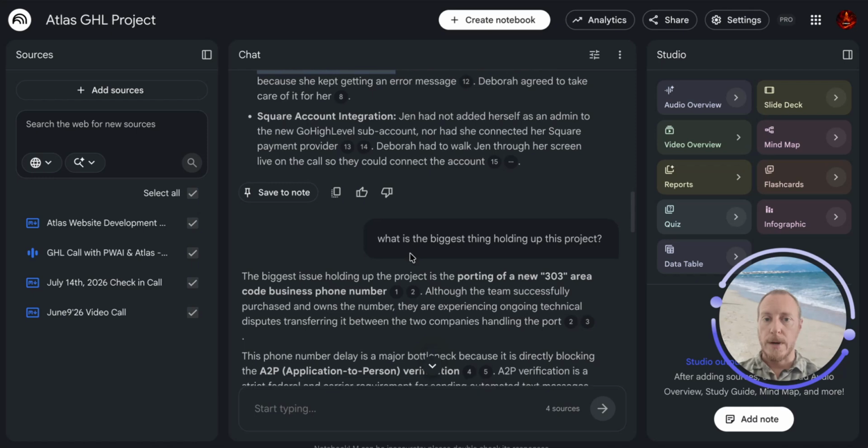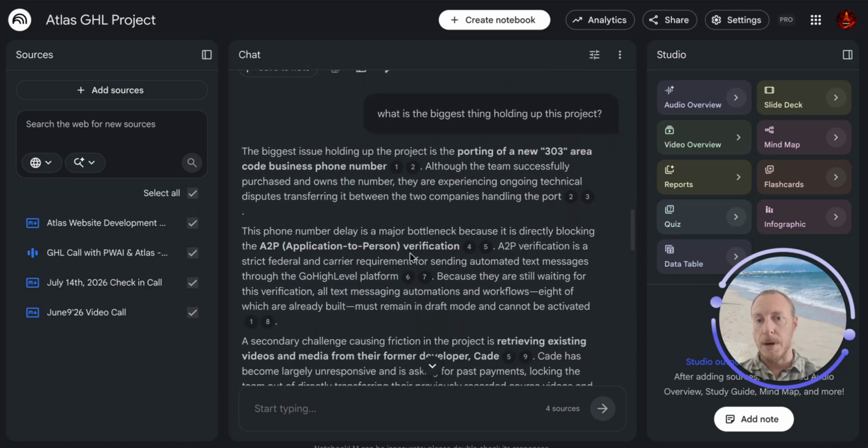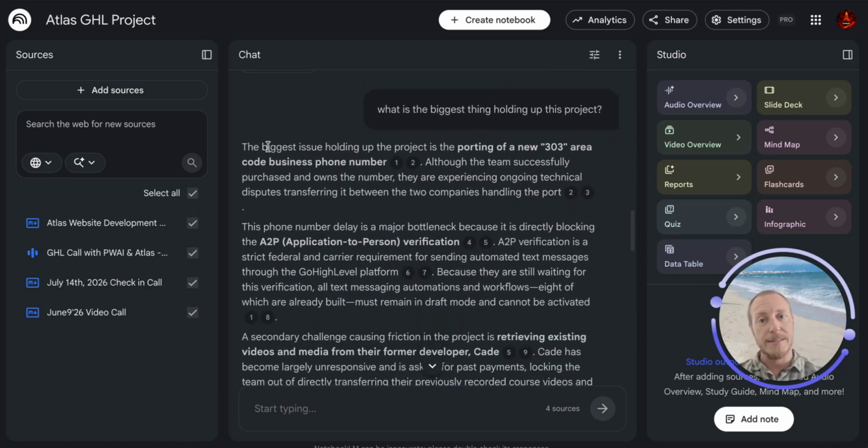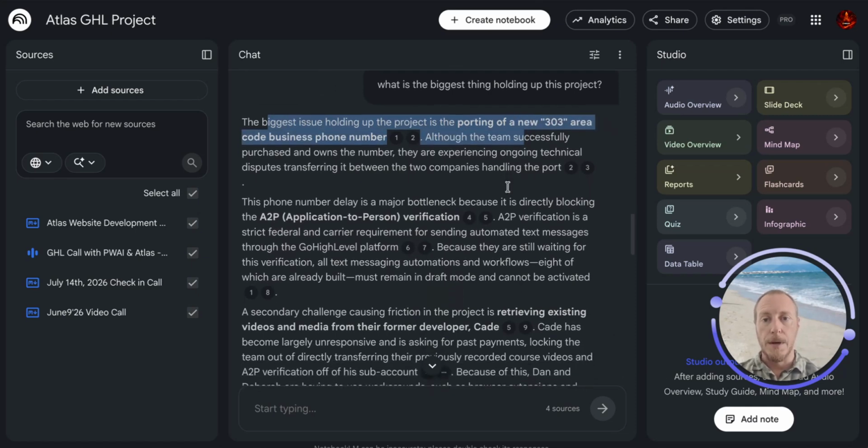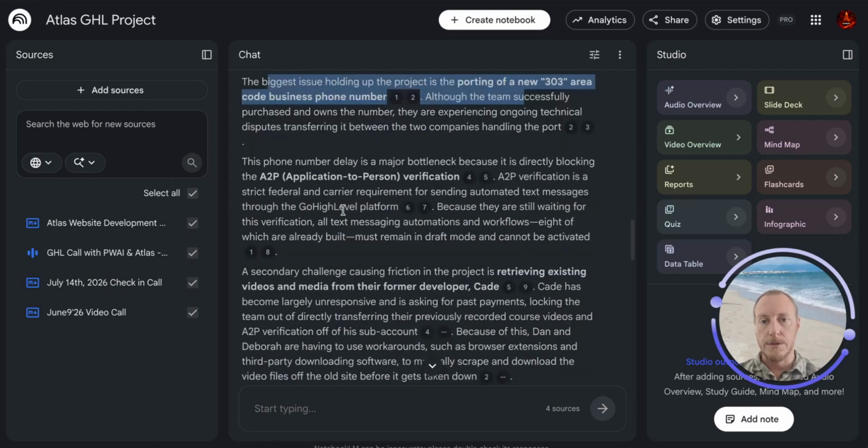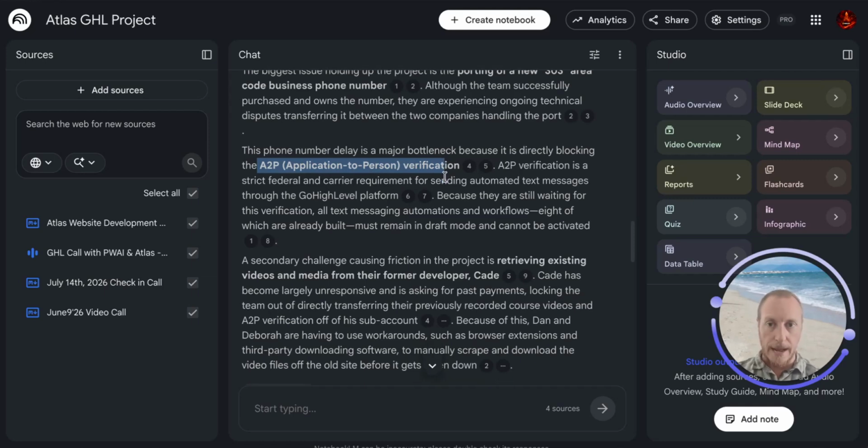So then another question. So what's the biggest thing holding up this project? Okay, so here's some of the biggest things. One of the biggest issues is the porting. So this is a problem. We're having a problem getting the port from one company to another. So that issue is going on and that's holding up because we still have to do the A2P verification. And that takes a little bit of time as well. So that is a big holdup on this, which I'm actively working on, but at least we know exactly what